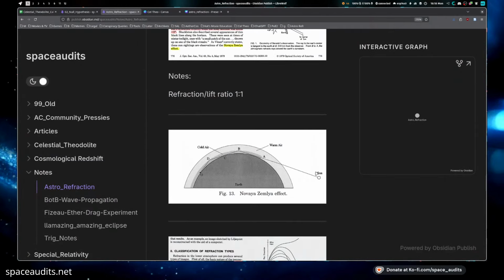What you can see here is the sun's below the horizon. They invoke a temperature inversion that's over unity, actually, which is pretty crazy. And then after that, there's a gradient that's...